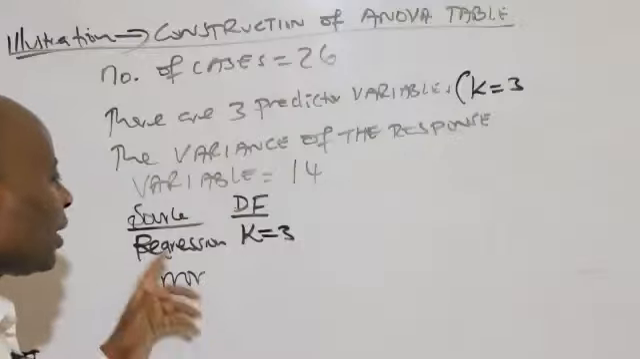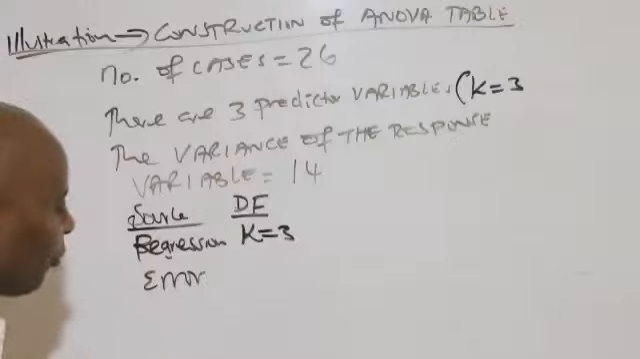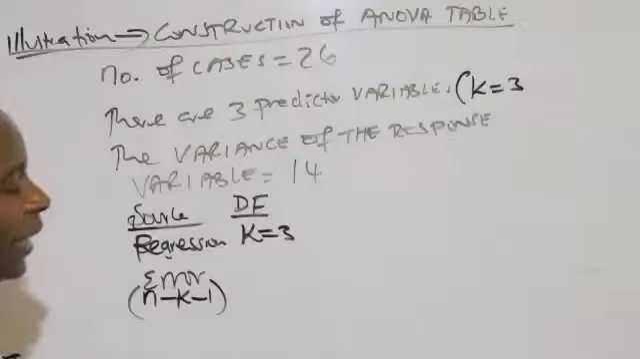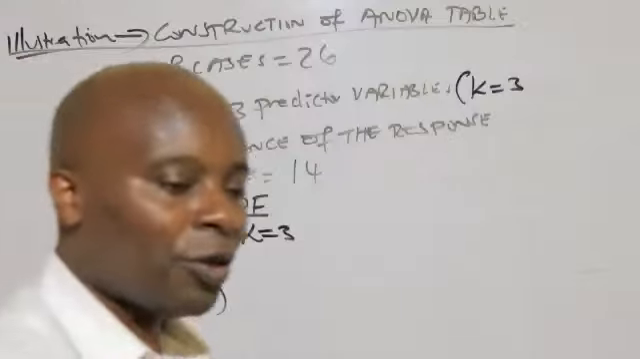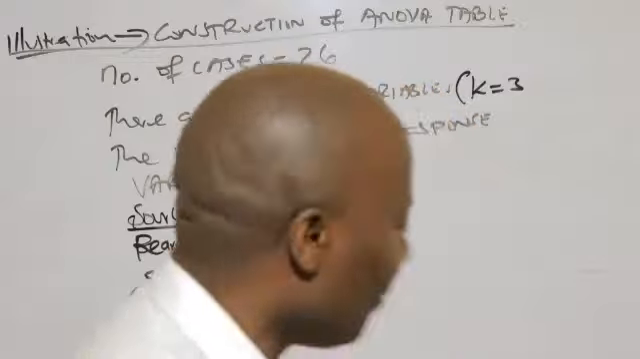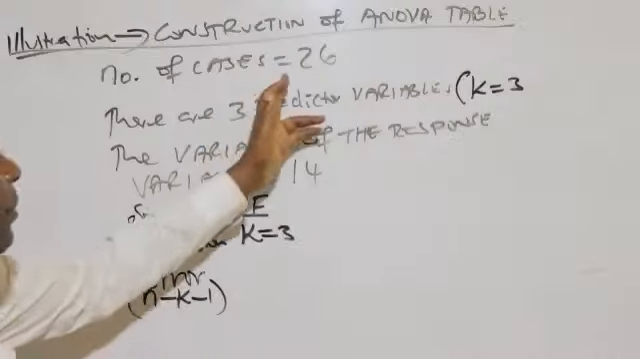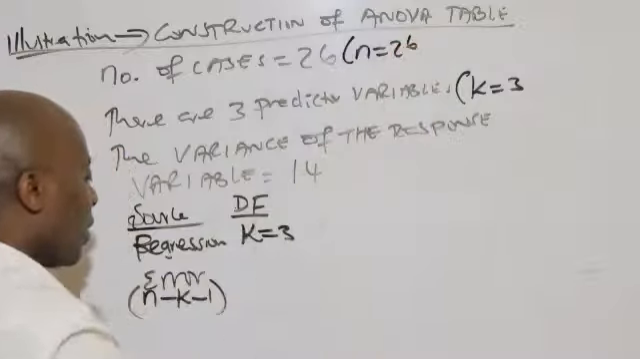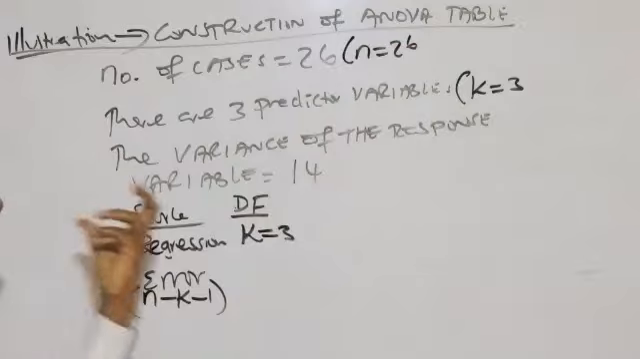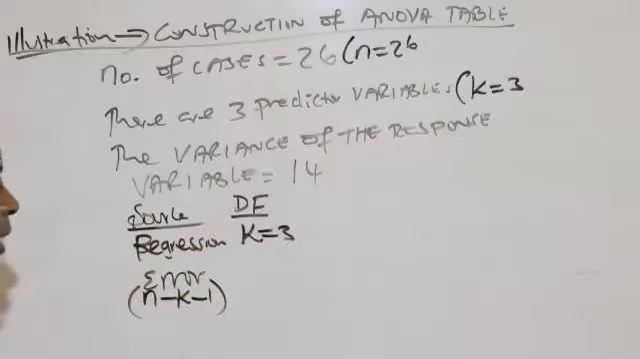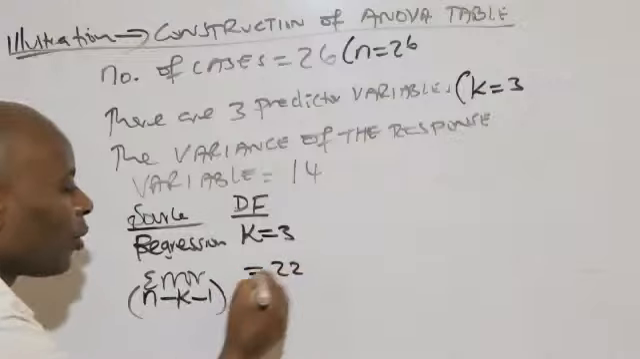How about the error? To get the error degrees of freedom, we normally take n minus k minus 1. So what is our n? The number of cases here is 26. So I'll take 26 minus this k, which is 3, minus 1. So we have 26 minus 3 minus 1, giving us error degrees of freedom of